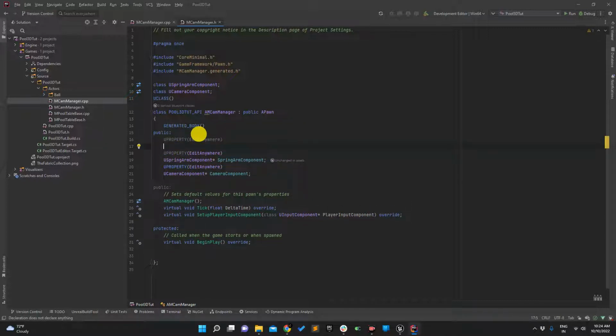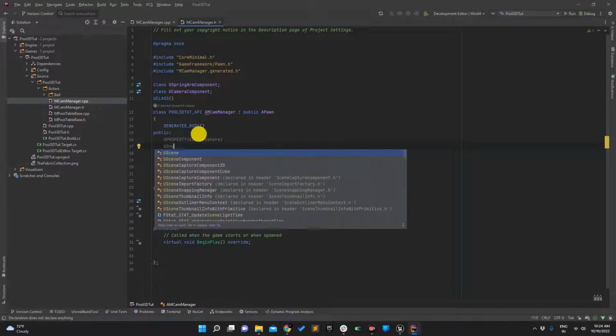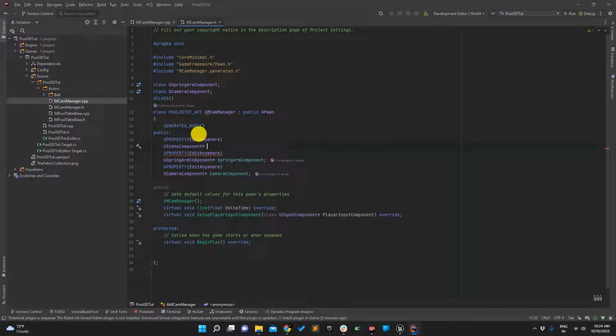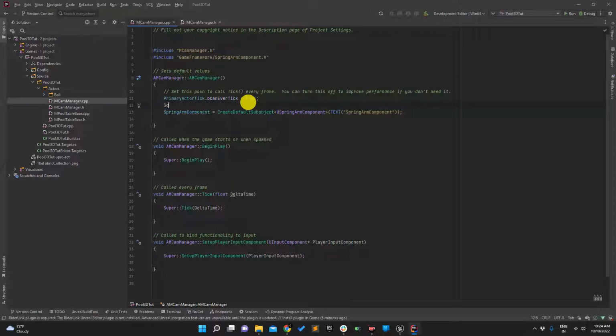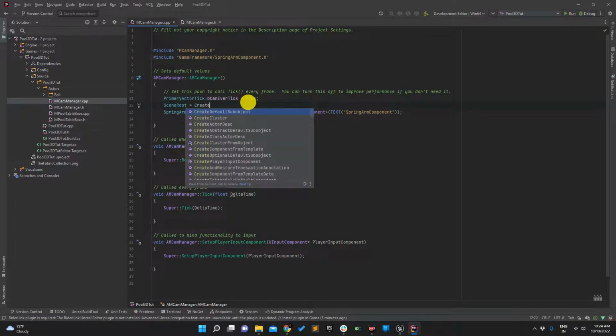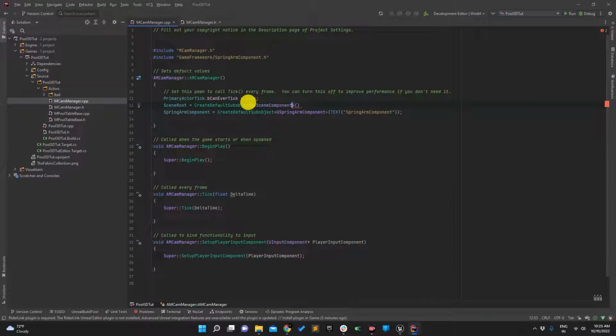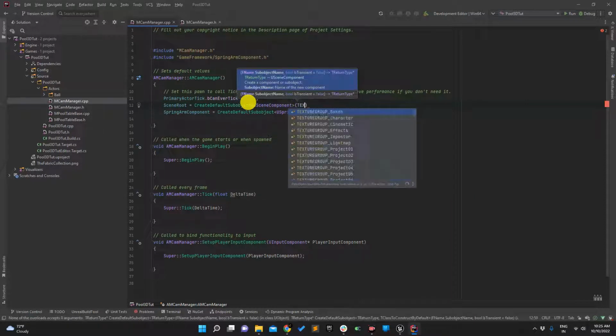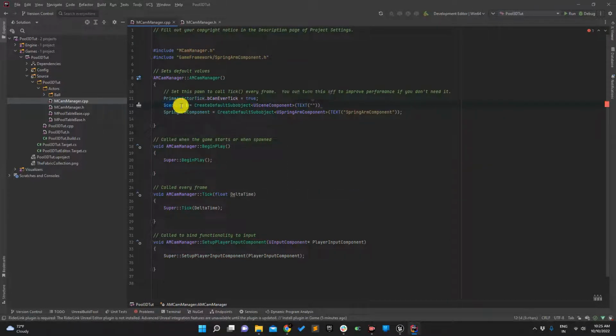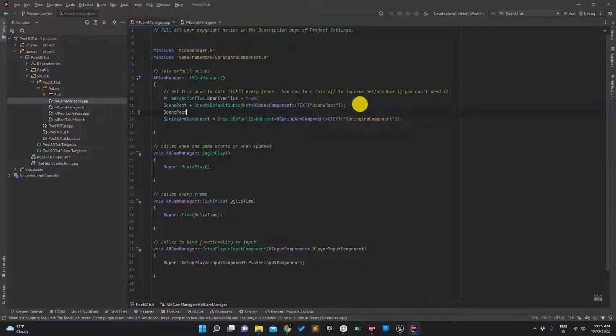Next thing is the USceneComponent. This is very important. So, the default scene root. SceneRoot equals CreateDefaultSubobject, using USceneComponent, as equals to text. Here I will give the SceneRoot, and I will define this as the SetupAttachment RootComponent. Okay,